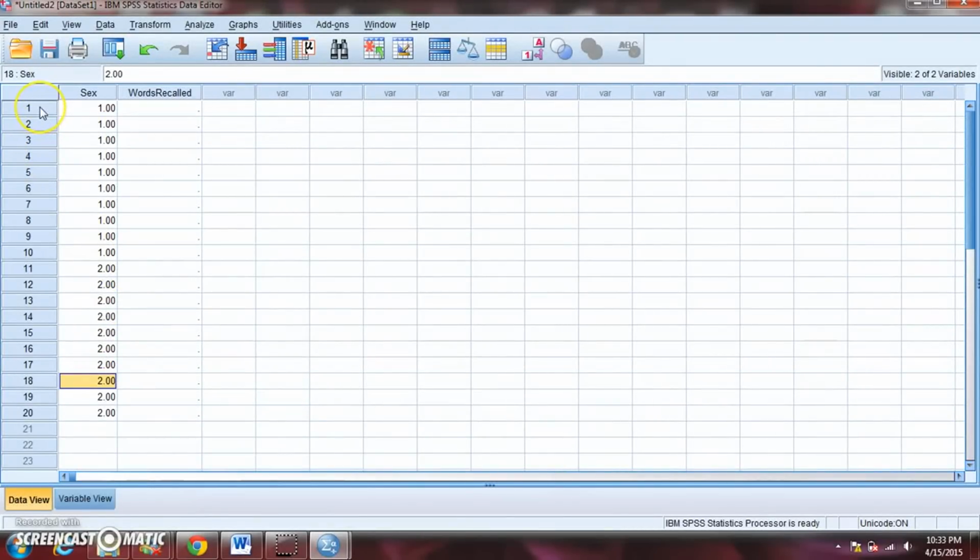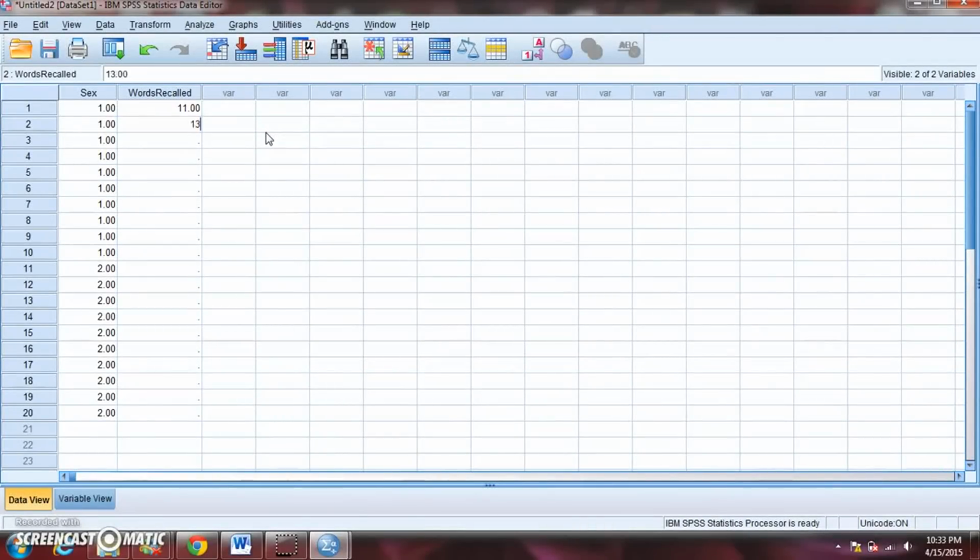You are always going to have the number 1 here going down as far as it has to go. This is a default of SPSS, and then you can just start filling in data in these rows. So somewhere, if you did this study, you would have the actual data. You would have the number of words recalled for each of these participants. Right now, I'm just going to make it up totally off the top of my head, keeping in mind again that these numbers here have to range from 0 to 15. If we only have people listen to 15 words, that's the maximum number that they can recall.